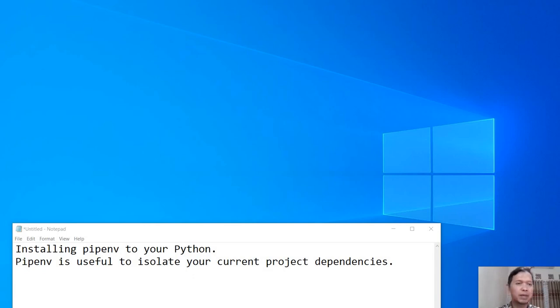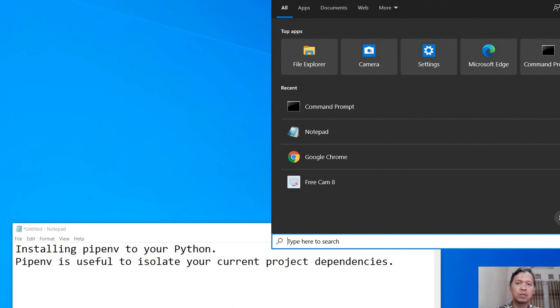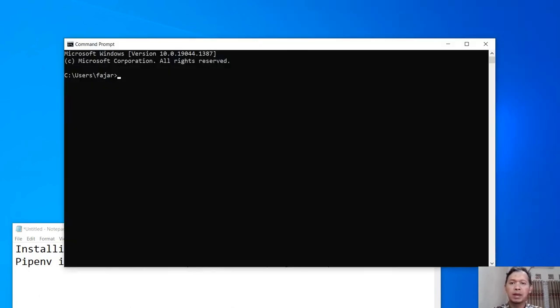Hi, okay, welcome back. So now we will install pipenv to your Python. It is useful to isolate your current project dependencies. First, you open up your command prompt like so, and then once you find it, we will